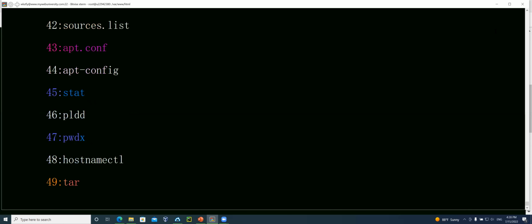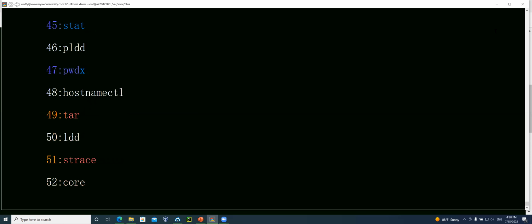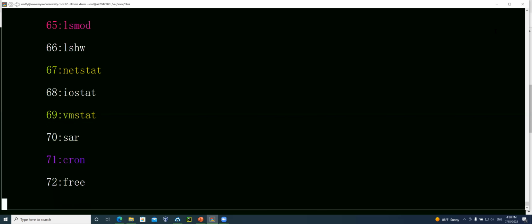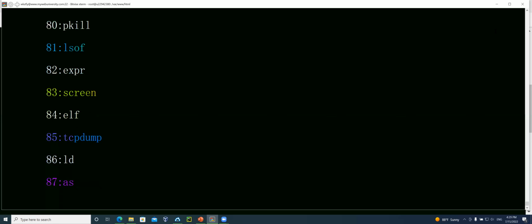apt-get, apt-cache, sources.list, apt.conf, apt-config, stat, pldd, pwdx, hostnamectl, tar, ldd, strace, core, adb, gcc, swapon, gdb, dd, debian pkg, gunzip, syslog, htop, modinfo, snap, nm, lsmod, lshw, netstat, iostat, vmstat, sar, cron, free, pstat, time, nohup, exec, ncal, gcore, rpm, pkill, lsof,